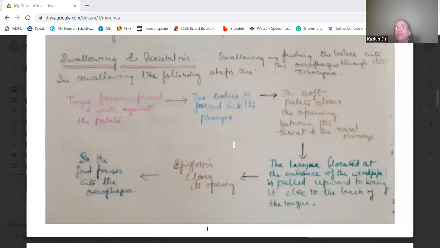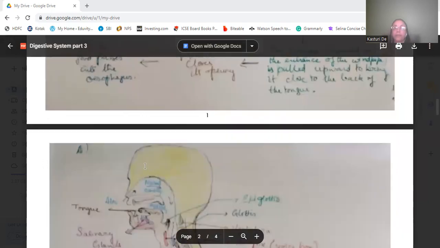Then the larynx, which is located at the entrance of the windpipe, is pulled upward, close to the back of the tongue. Then the epiglottis closes the opening, and the food will pass into the esophagus. I'll show you the picture. Okay, see,